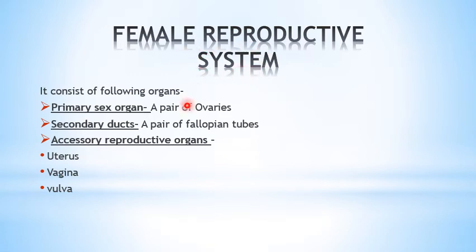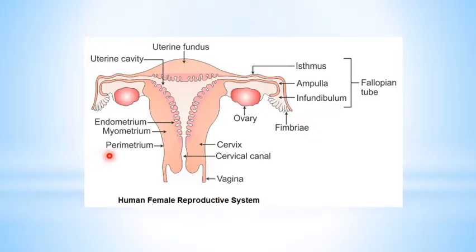It consists of a primary sex organ, a pair of ovaries, a secondary duct, a pair of fallopian tubes, and accessory reproductive organs, that is the uterus, vagina and vulva. So one by one we will discuss each and every organ of the female reproductive system. In this image, which is a very important diagram, you can see the pair of ovaries, and the secondary duct known as the fallopian tube,